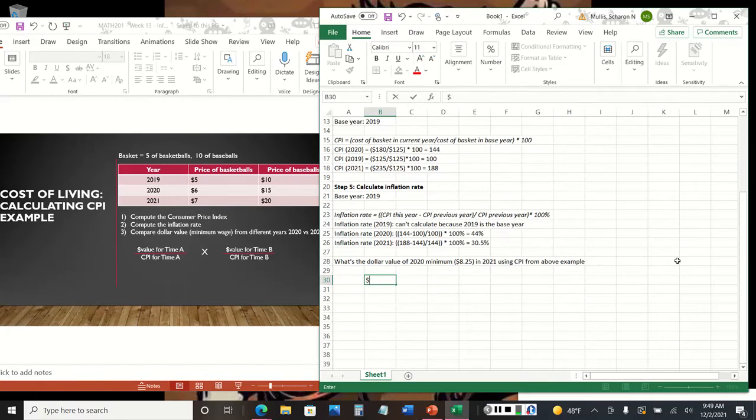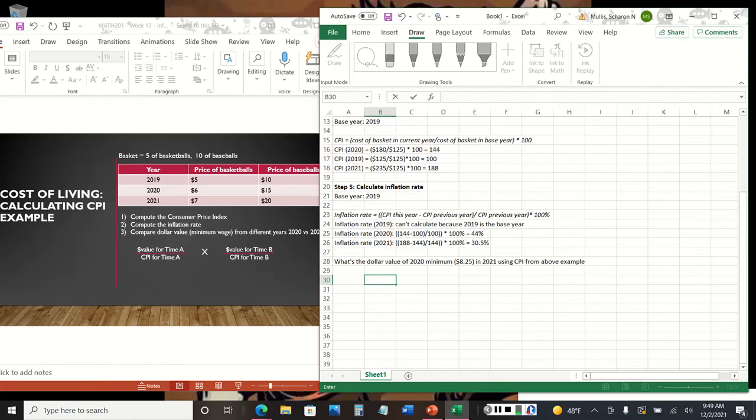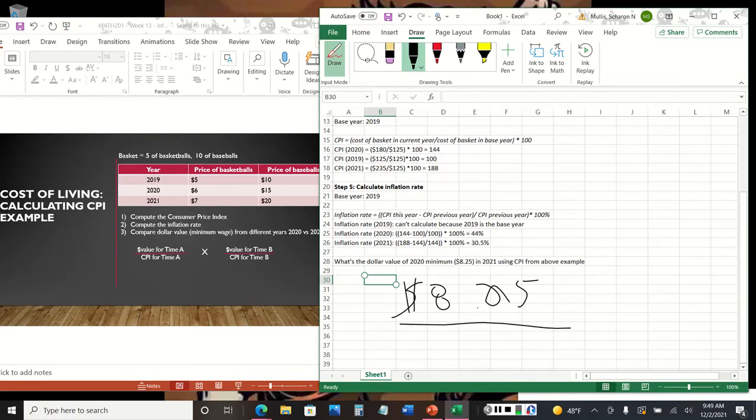And I might be better off writing this. You just have to bear with my chicken scratch, but I'm going to write this out instead of typing it so you can understand what I'm talking about. So the time value of A is the $8.25 from 2020, and the CPI, we know the CPI for 2020 was 144, which is right here. And we multiply that times,